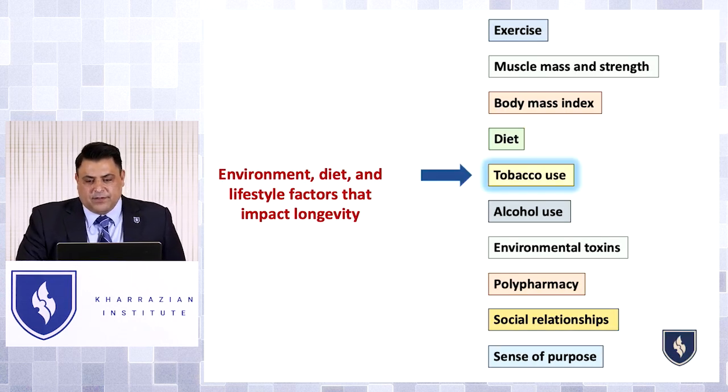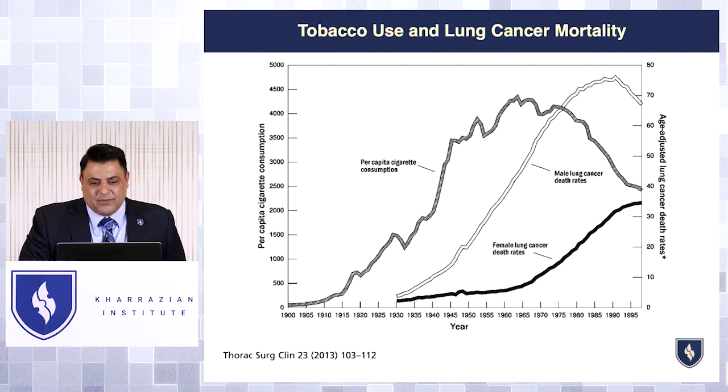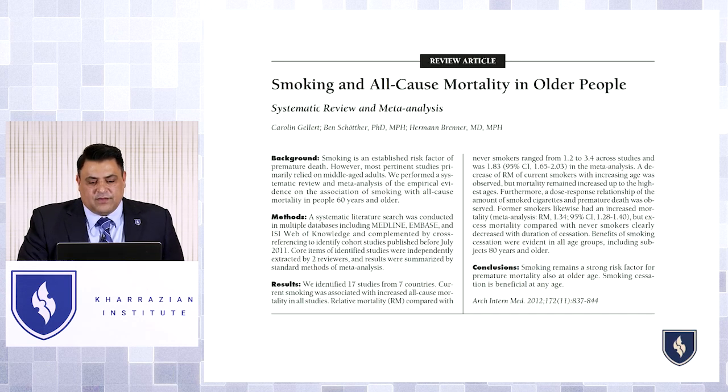Now, let's talk about tobacco use. Let's make it really simple. It's not good for you. Tobacco use is linked to higher death rates, higher mortality. The more tobacco use that a person has, the greater risk they have for lung cancer, which is the leading cause of cancer. And secondhand smoke tends to be a major issue. Even when someone starts smoking at older ages, that tends to be a problem.